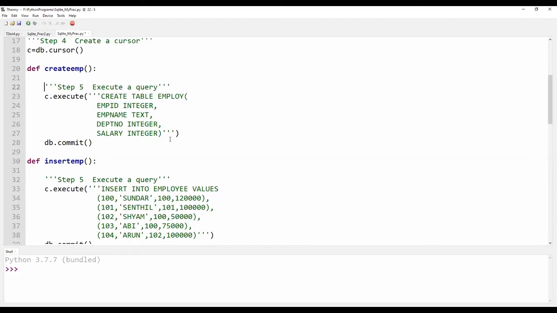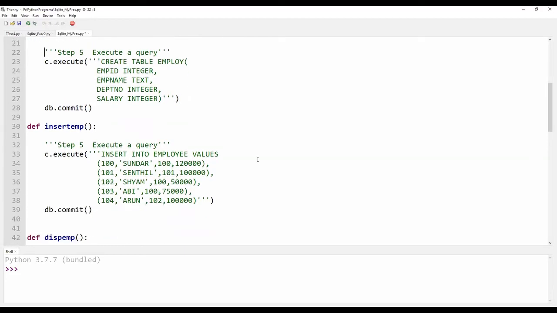Once this is done, I commit the connection. This is required because we have to save a successful transaction. Whenever a transaction is successful, I have to save it. These are the two steps I have given in the create employee method.